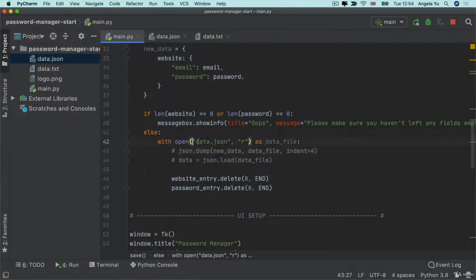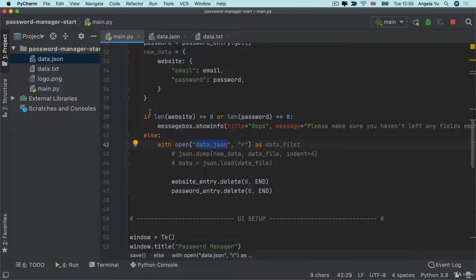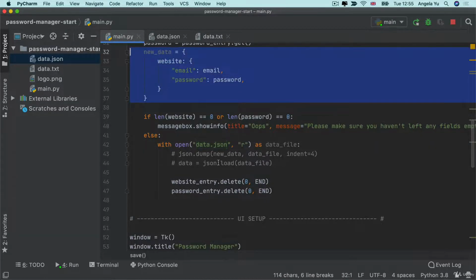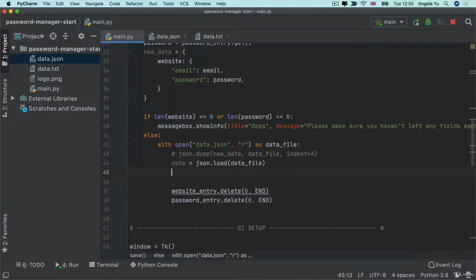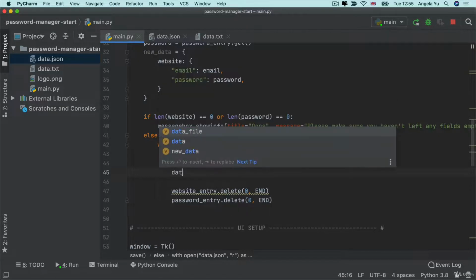So we've already got some data inside our data.json file. And I'm going to change this from read again back to write. What we want to do is take that data and update what's existing in there with the new data that's being passed in. To do that, we first have to load up the data. So I'm going to uncomment this line. And once we've gotten hold of the data, we're going to say